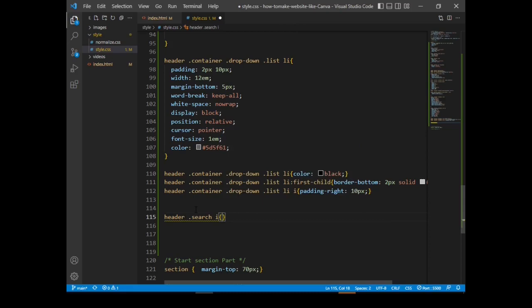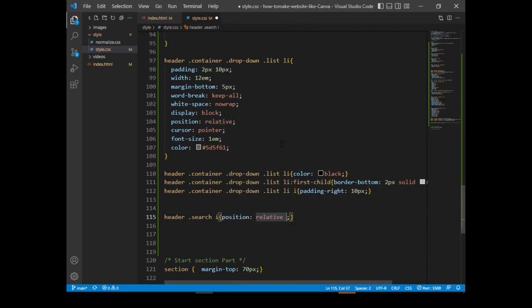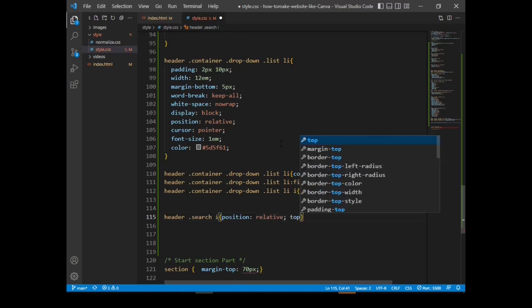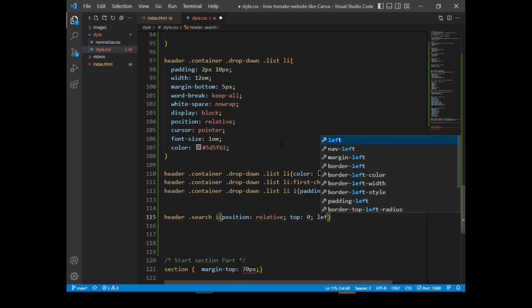Let's set the position to relative. Let's have the top be 0. Then from the left side, I want to push it 22 pixels.